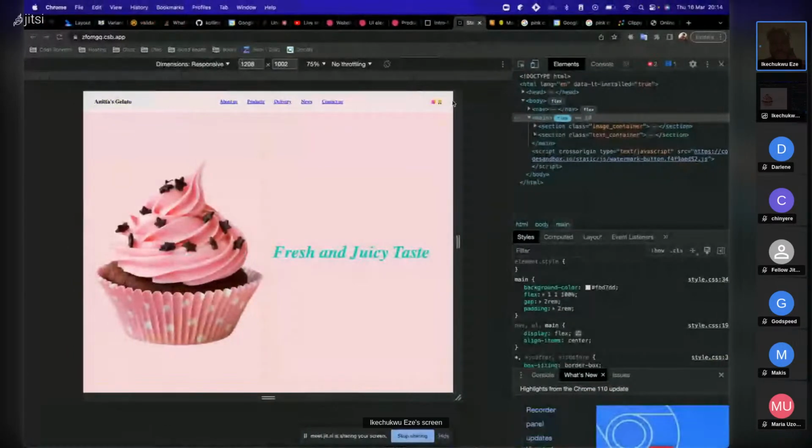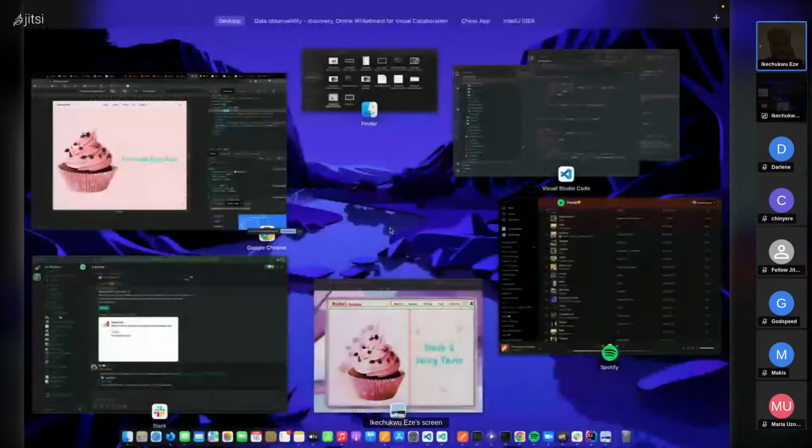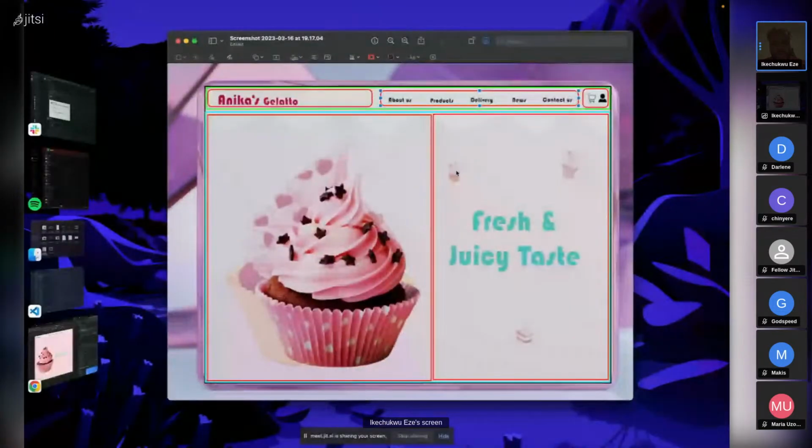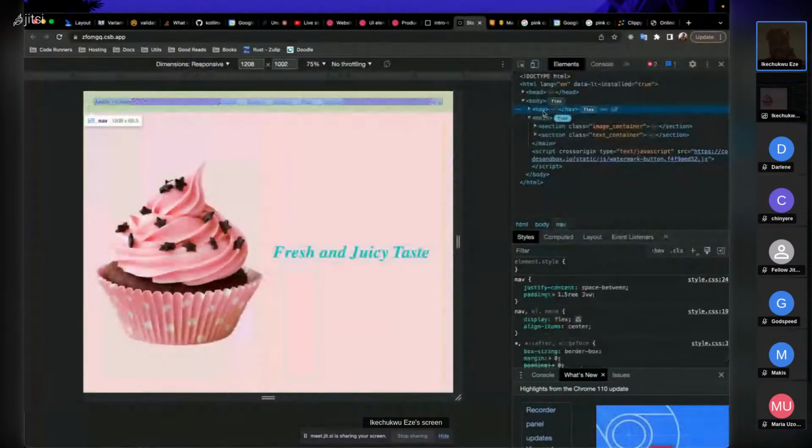I'm on track of time, not so much, but yeah. So we were able to do this, and we can easily just go to our nav and style that to just look nice. And then what we can do here is